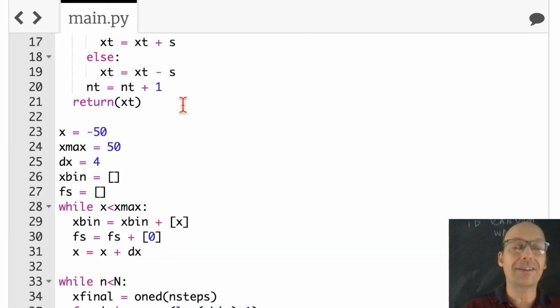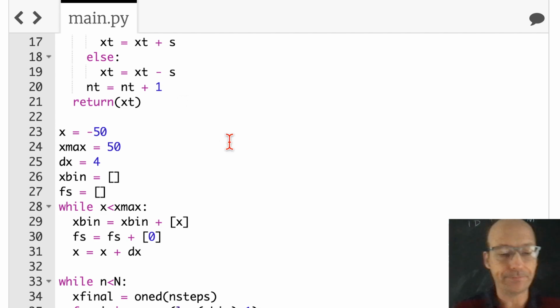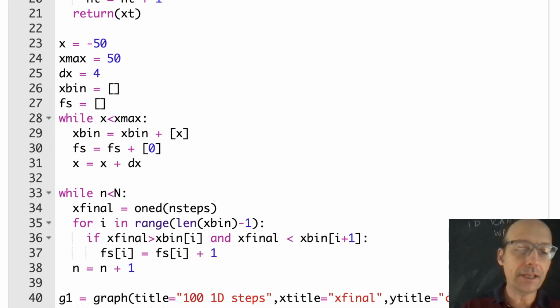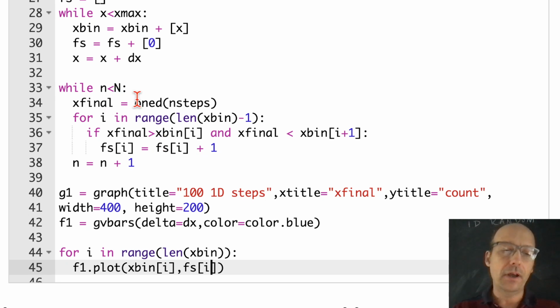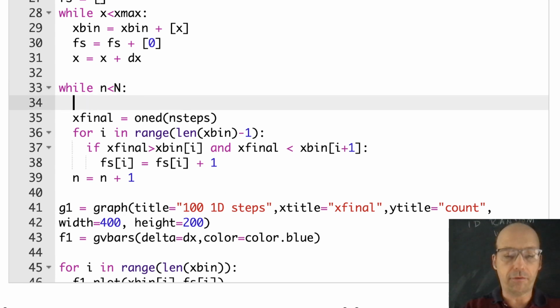So let's make this an animated histogram. Down here, when I'm making the graph, I want to plot the graph every loop. Every time I have a new end, I'm going to make a new plot. Okay. So the first thing I need to do up here is to add a rate statement back in. Let's say a rate of 10. That's going to take 10 seconds to run if there's 100. So let's say